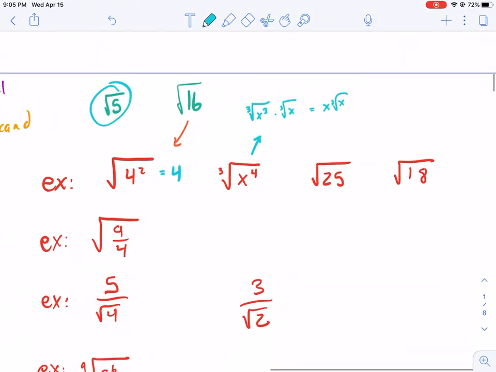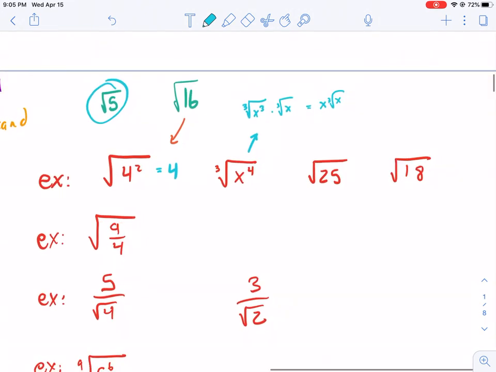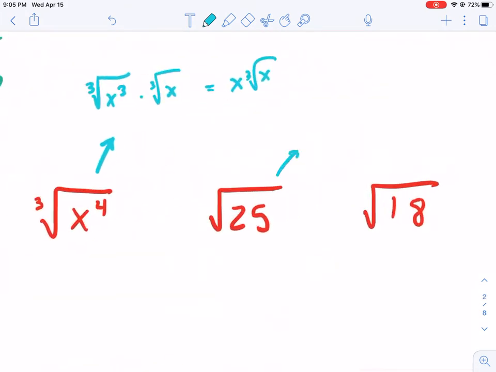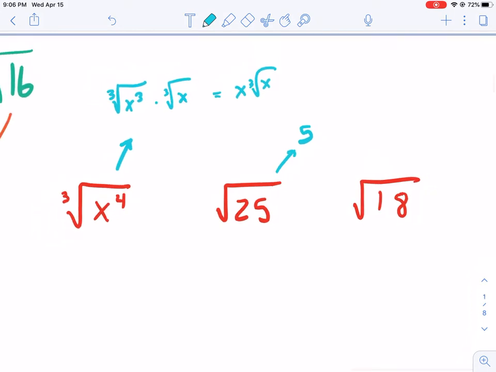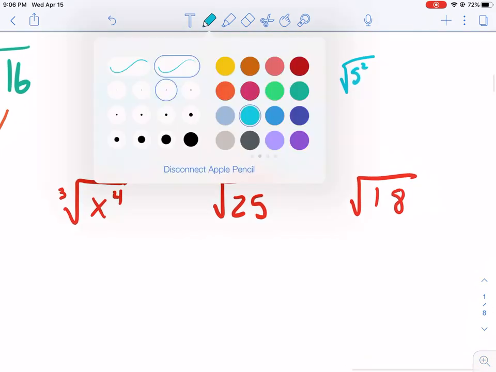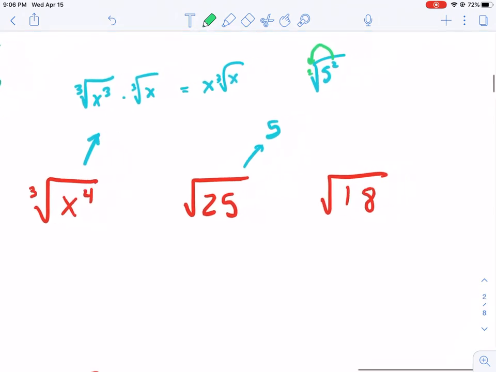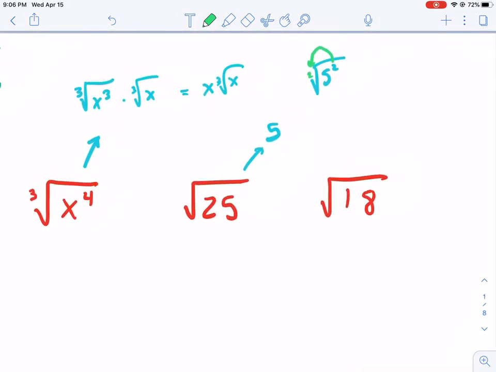Of course, this one's 5, and the next one I'll show right now. So this one is the square root of 5 squared. This can clearly be rewritten because that can be rewritten as 5 squared. Notice how the power is equal to the index. 2 is the power, 2 is the index. There's an implied 2 there for square root, so we can simplify it. I know you're thinking for square root of 18, that one doesn't look like it has a power, but